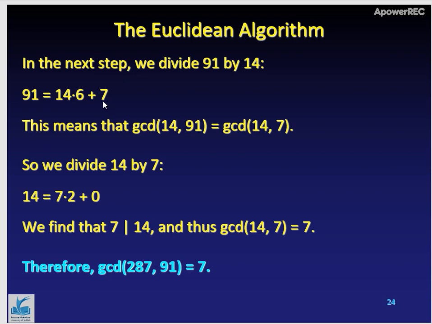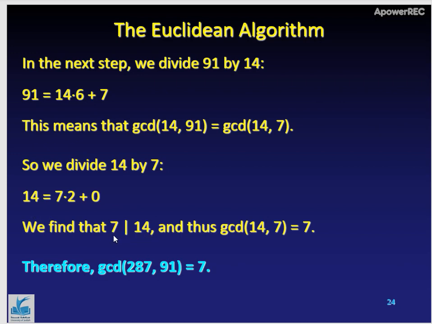And again we realize that if we take this term to the left hand side, 7 will have the same GCD as the GCD of 14 and 91. Okay, so instead of finding the GCD of these numbers, we can reduce the problem to finding the GCD of 14 and 7. And now we realize that 14 is a multiple of 7, which means that the remainder of this process is 0. And this implies that the GCD of 7 and 14 is going to be 7,